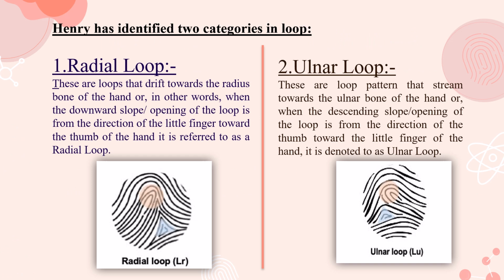Henry has identified two categories of loop. First is radial, second is ulnar. A radial loop enters from one side and flows back to the same side with the opening of the loop pointing towards the radial bone or thumb of the same hand, whereas an ulnar loop enters from one side and flows back to the same side with the opening of the loop pointing towards the ulnar bone or the little finger of the same hand. As you can see in the figure,